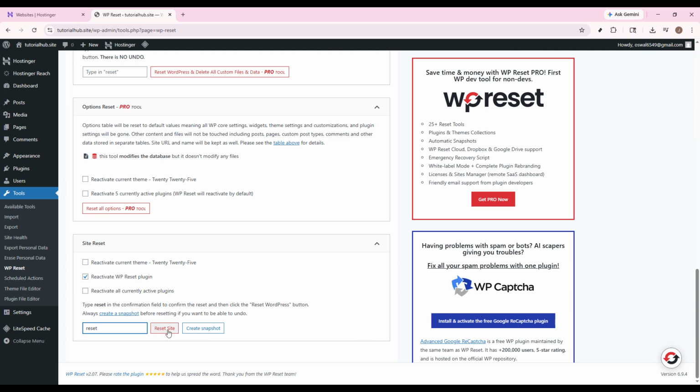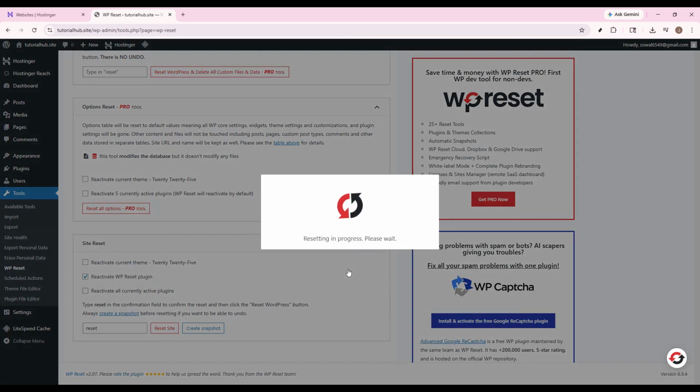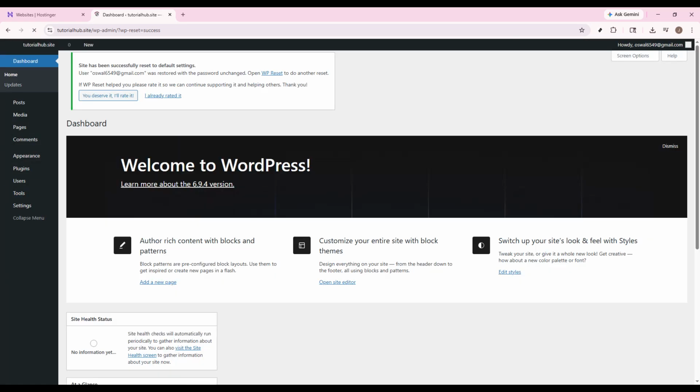After you confirm, click the Reset button and wait for the process to complete. The site will refresh, and your WordPress installation should now be reset. At this point, your previous content and settings will be cleared, and you can start building the website again from